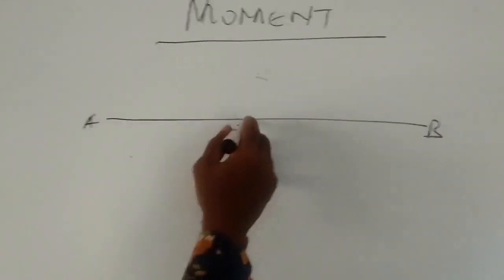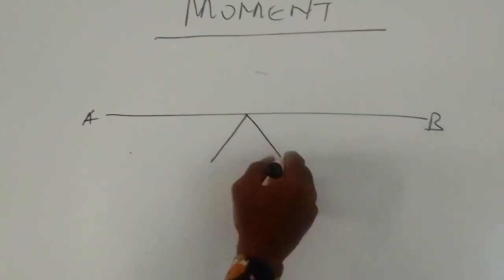So today we're going to look at moment of a force, a key aspect of mechanics in physics. So, for instance, to understand moment of a force, we have to take a description first. Assuming that we have a meter rule or a piece of rod labeled uniform body AB, and then we have a knife edge or a support